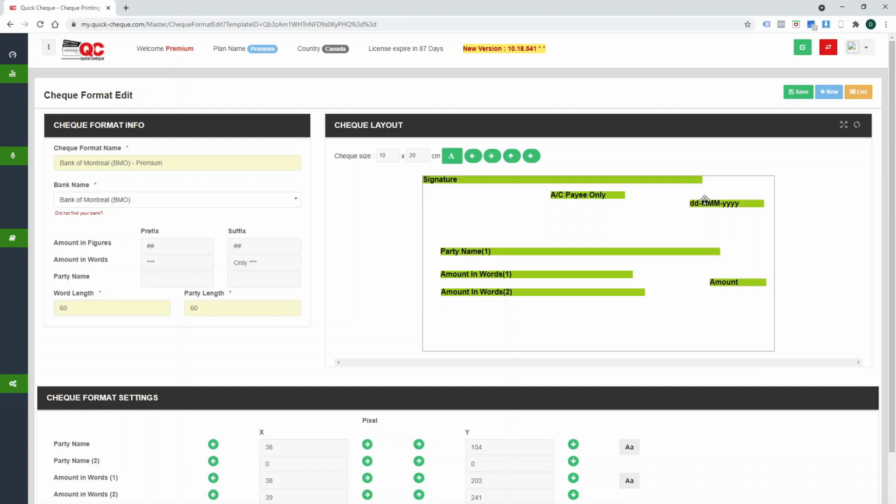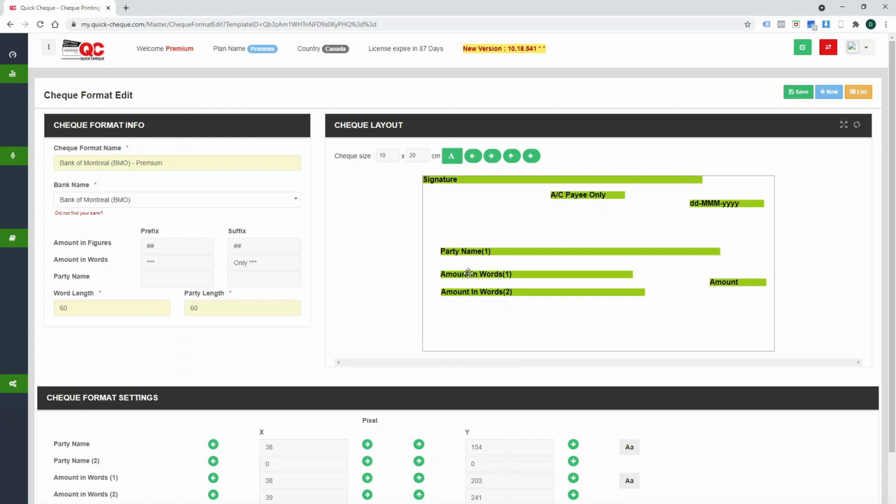Once I have adjusted the fields, I will click the save button and I will go ahead and reprint my check to see what are the changes. This iteration needs to be done at least 2 to 3 times depending on how close the check is. And once the check template is set, or once the check format is set for you, no matter you print one check or you print 100,000 checks, everything will get printed correctly on your printer.